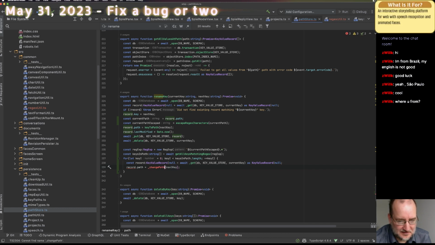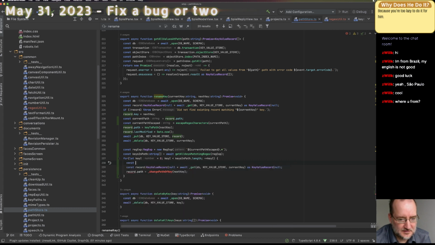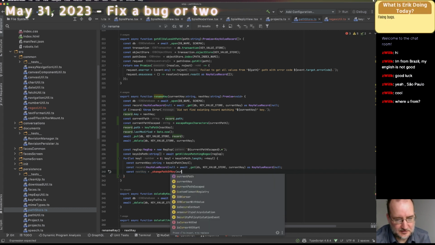Change path of key, and then it'll be, let's see, const current key equals keys and path key I. This will be change path of key, and this will be const next key equals change path of key, and we'll pass in the current key.